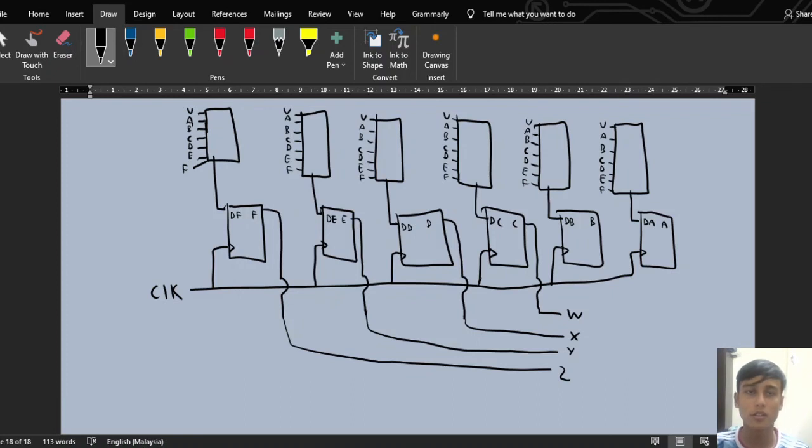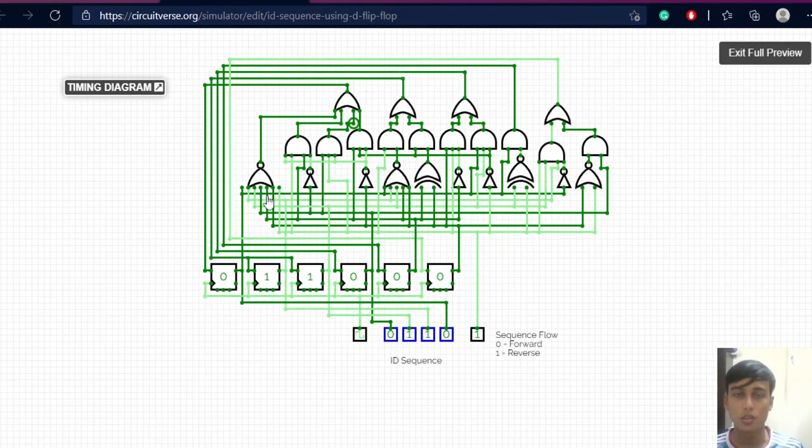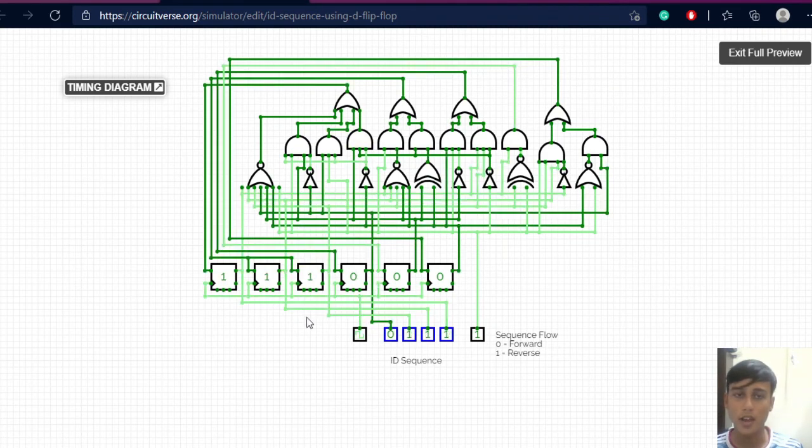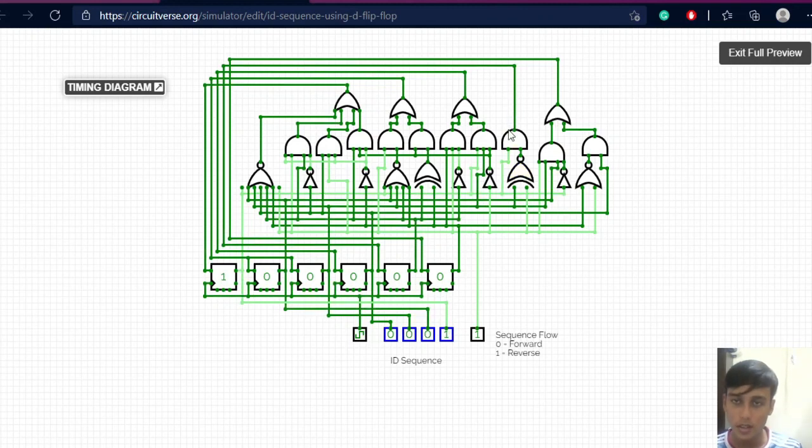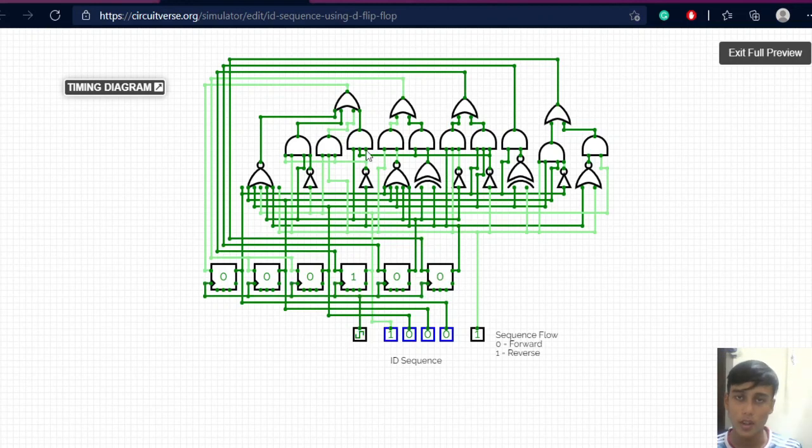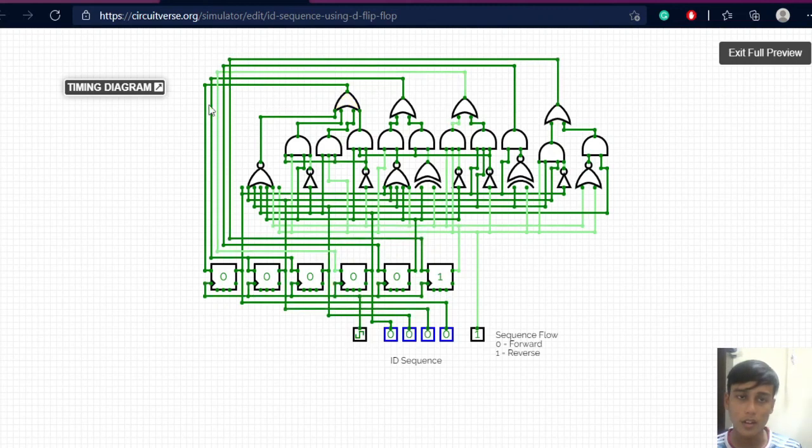Okay, this is the general circuit diagram for our up and down counter using D flip-flops. So this is the circuit that uses D flip-flops. This is the logic circuit for input DA. This is the logic circuit for input DB. This is the logic circuit for input DC. This is the logic circuit for input DD and DE. And this is the logic circuit for input DF. And the output from each logic circuit is directly connected to their respective